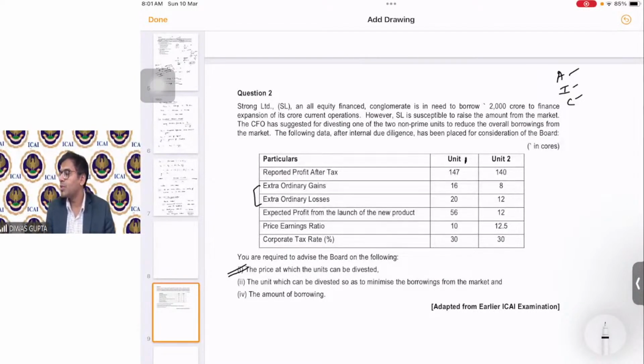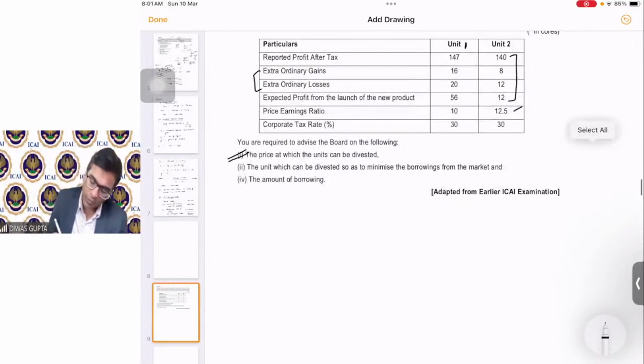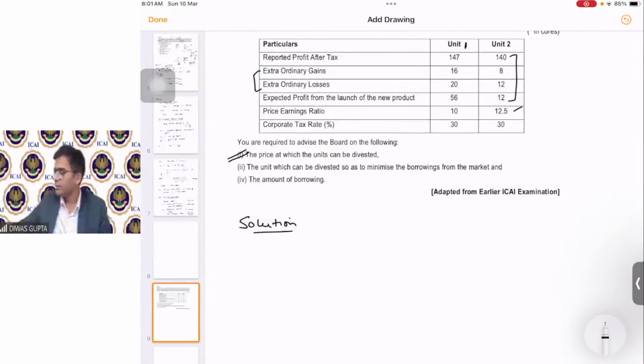Jyoti, Suraj, Mansha, Shailesh, all of you are correct. I think everyone is thinking on the correct lines. Very good. It's 100% correct. So this is income-based, students. Because we have been given the PE ratio, we have been given earnings till here. Using that, can we arrive at the future maintainable profits and then arrive at the value? Yes, simple. So, solution. Very good, students. All of you are correct.